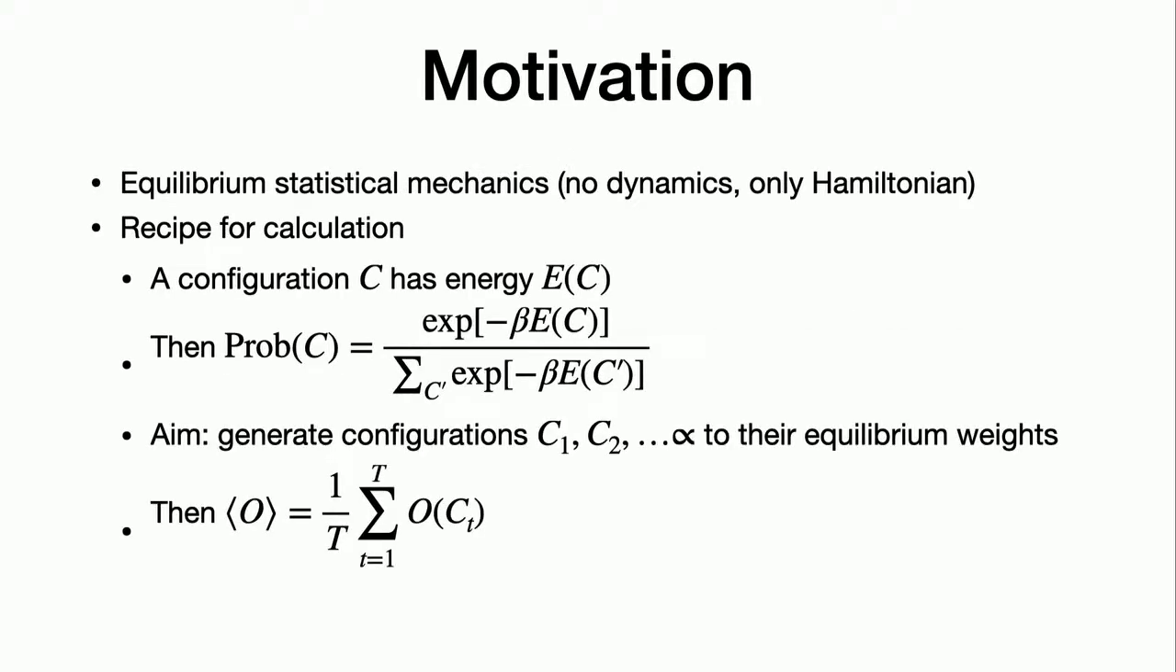So what is the motivation? Let me go through one more time. In equilibrium statistical mechanics, we have no dynamics, only the Hamiltonian is given. You have an interacting system and the interactions between the particles or constituents are given. Then there is a recipe given for calculation. If I give you a configuration C with energy E and the system is at constant temperature, beta equals 1 by kT, then the probability of a configuration is given to you. This we know from the canonical ensemble, that it is proportional to e to the power minus beta E. So the aim of a computer simulation would be to create configurations P1, P2 randomly, and if P1 has energy E1 and P2 has energy E2,